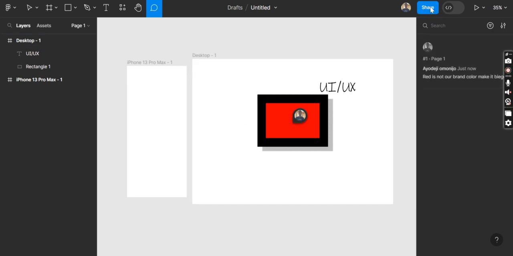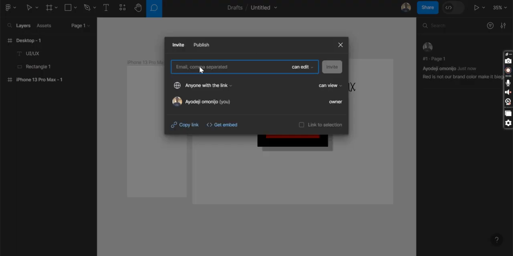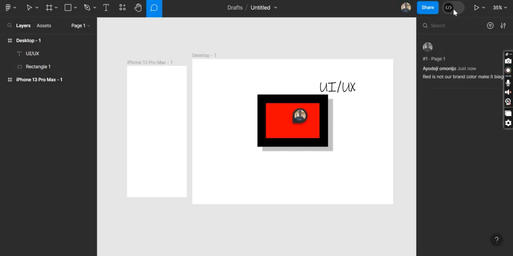You can share your file here. You can see this share button here. Click, write the person's email address, and share it. Right, that's done. And you can see this little toggle beside the share, toggling between dev mode and designer mode. Figma has become so advanced, they added a dev mode. So if you click on dev mode,